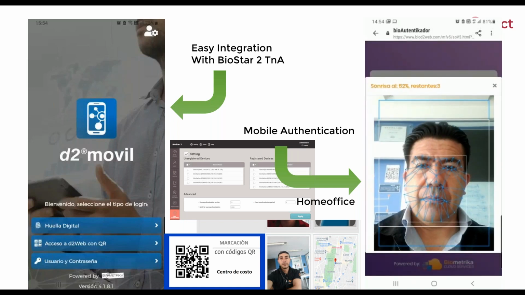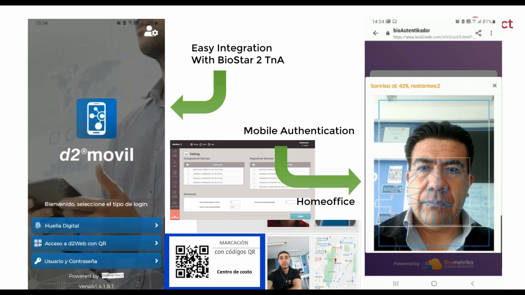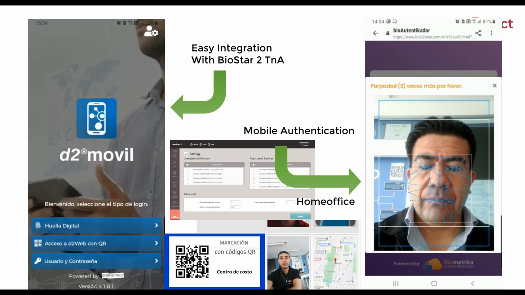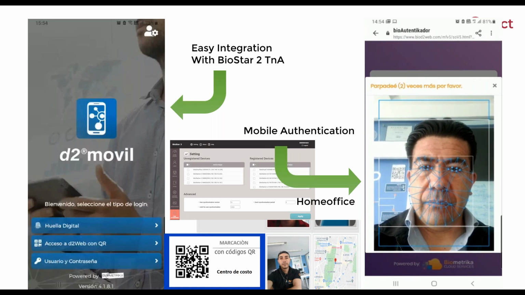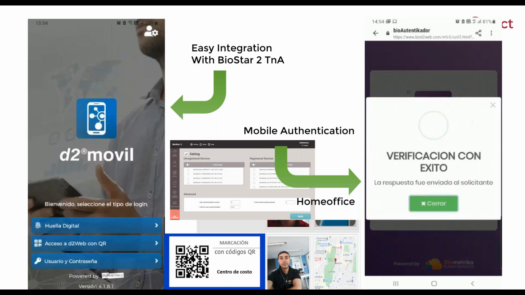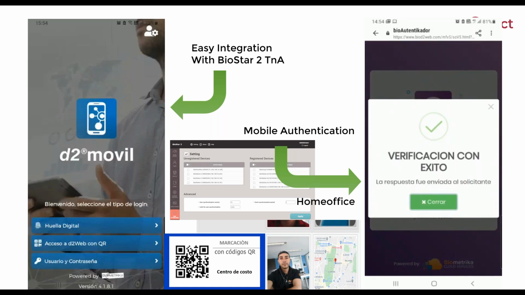And this is very important because, as you see, first it is asking the user to smile, then also just to blink. And all these things are provided at random. So even if a person could record himself doing the first kind of authentication, the next time it is going to ask for another set, a different combination of them. So that's something very important to mention in order to complete the home office punching, and the integration between that